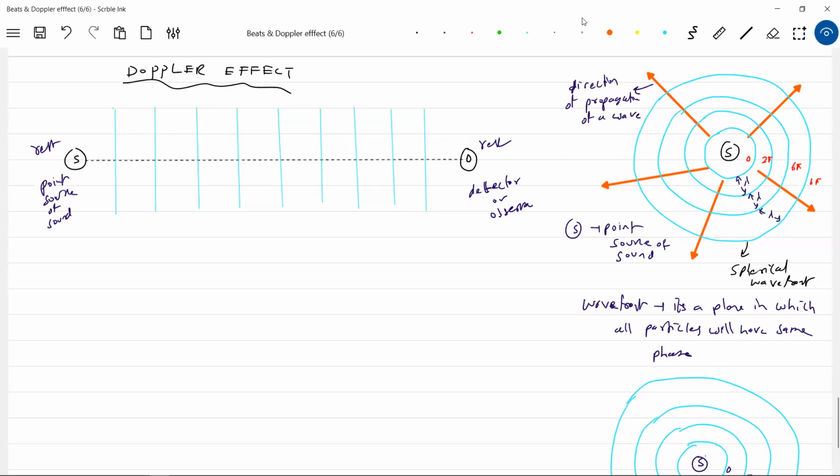So here, in what direction is the wavefront now propagating? Definitely I can say this is the speed of the sound. I'll write Vw or V. Capital V is the symbol we will be using specifically, or if you want, you can write it as U also. Now, what is the distance between wavefronts? It should be lambda.